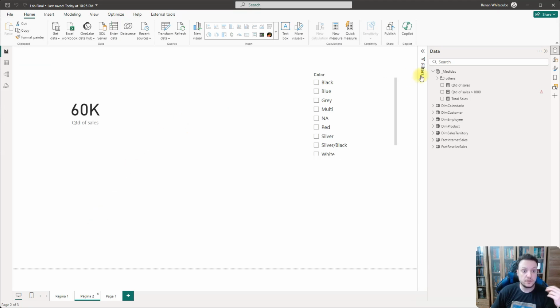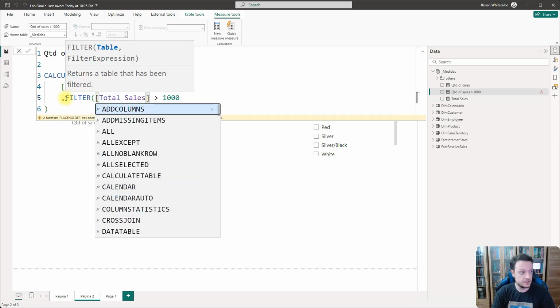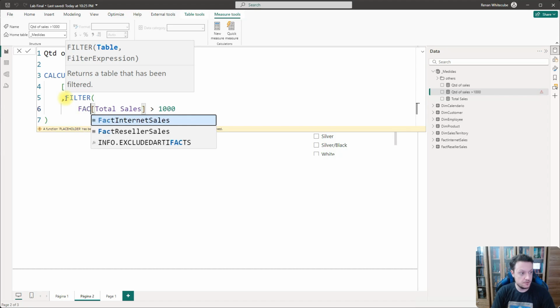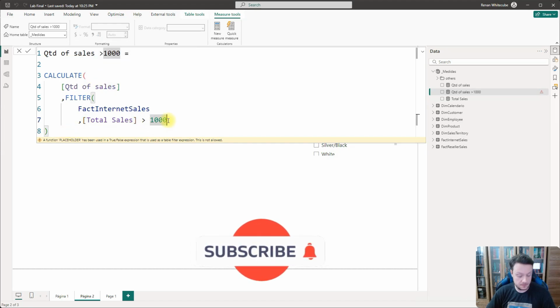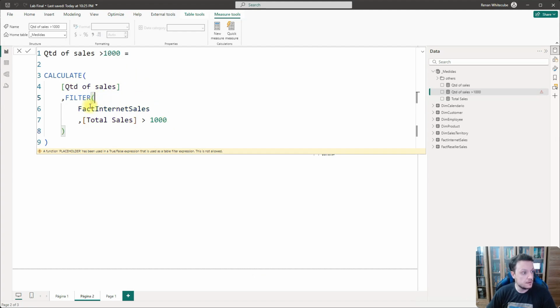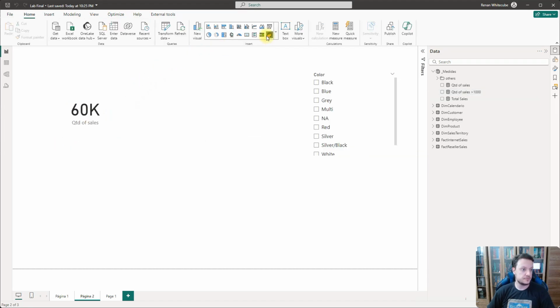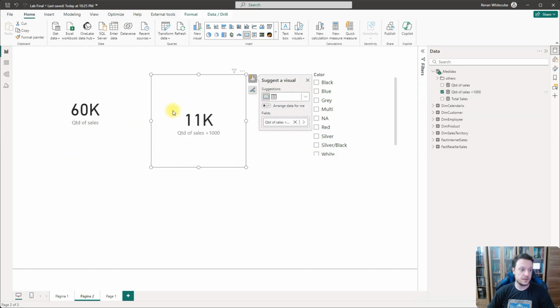How can we work this out? Using filter. So if I put a filter here, filter, it needs a table, fact internet sales, where total sales higher than $1,000. Okay, here it is, close the parentheses and enter. Now it's gonna work. Let us put a card here. Here it is,